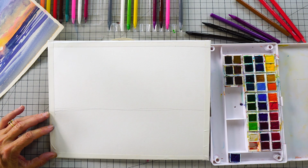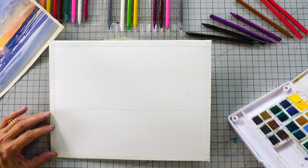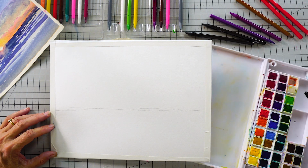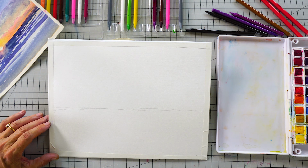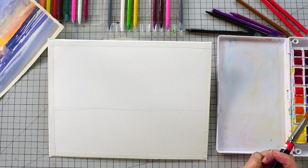I'm going to mix my paint up first because if I were to wet the paper first and then mix up the paint, the paper might dry out in the middle of what I was doing. And this is something to be aware of, especially if you're painting out of doors. Paint dries differently depending on the conditions of the atmosphere. It might be affected by heat, wind, all those things that you don't have any control over,